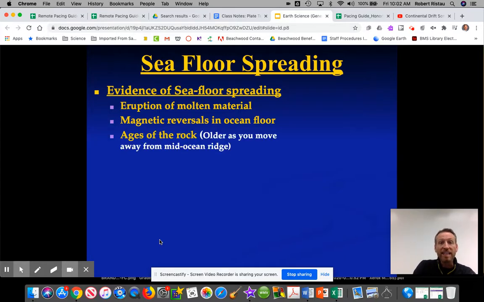And then the last thing is they literally would use methods to find the age of the rocks, and they found differences in the age of the rocks. And it wasn't just random differences. It was very patterned. At the mid-ocean ridge, where the seafloor was actually spreading, the rock there was really young. And as you move further away on both sides of the ridge, the further you went, the older the rocks were. So that again was proving that the ocean floor was literally spreading apart